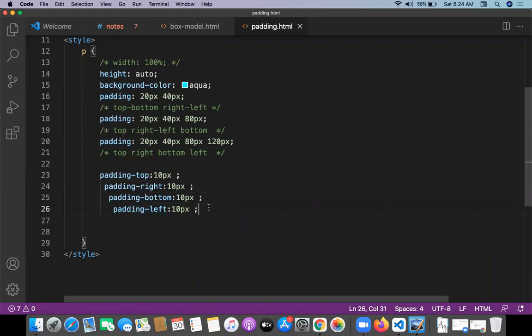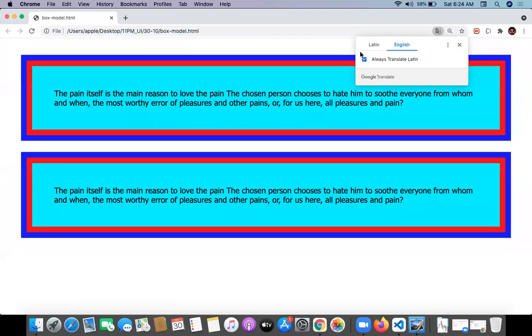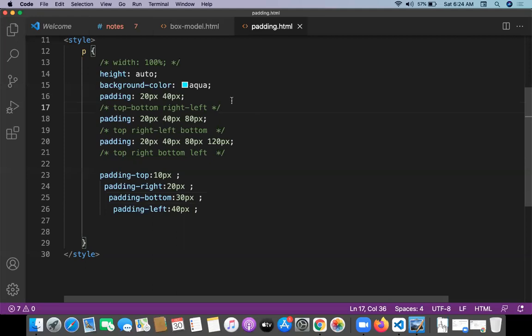Okay, 10, 20 pixel, 30 pixel, and 40 pixel. Try to understand now how this one is going to be executed for us. The program is this one now.